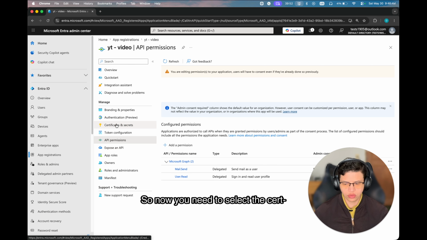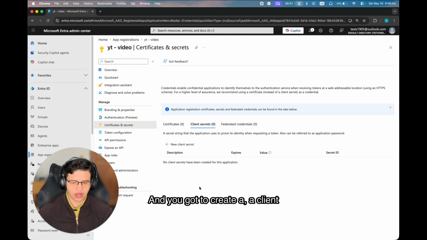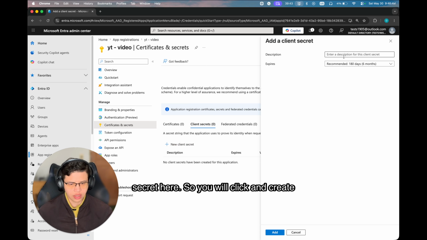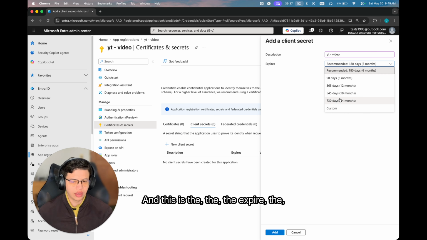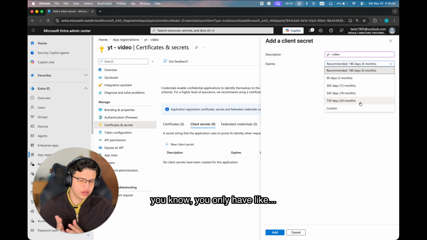So now you need to select certificates and secrets, and you gotta create a client secret here. You click and create a client secret, and then I will just input the same name here. And this is the expiration period. This is actually pretty shitty though, because